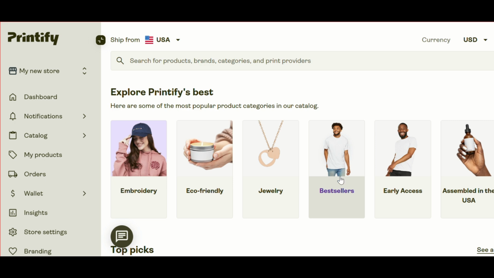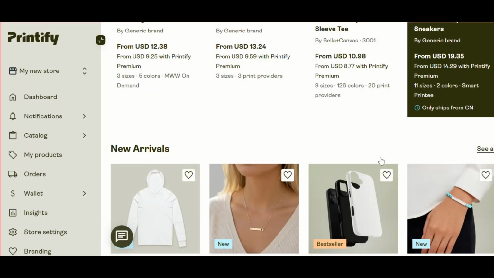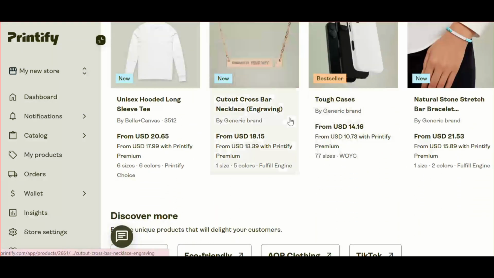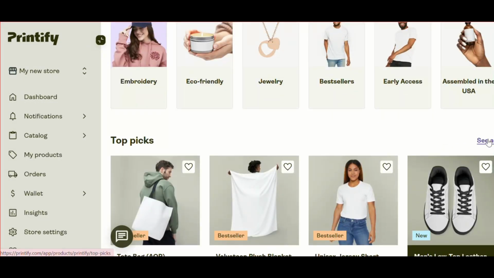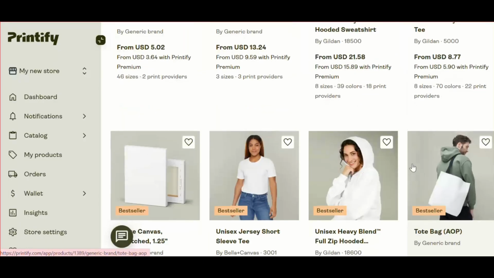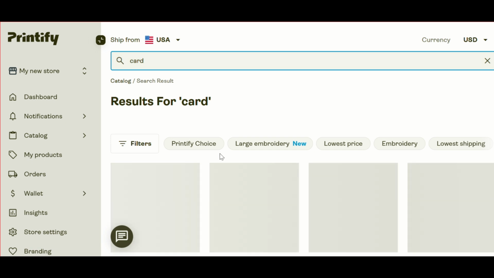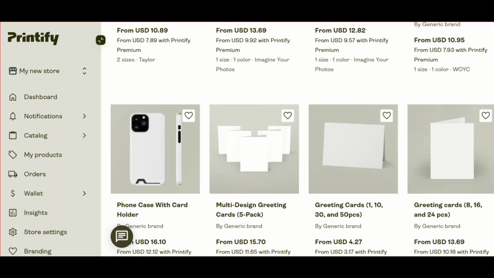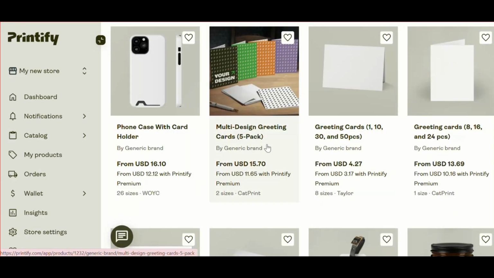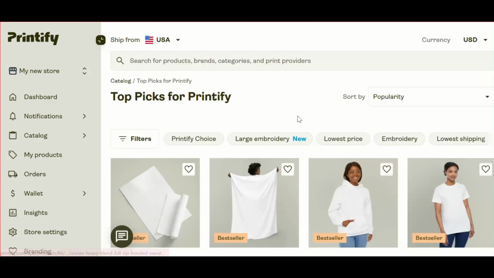I usually like to start with their best sellers just to get a few ideas, but you can go into their clothing, their accessories, home and living items. There is really so much you can get creative with here, and under each product you will notice the cost that Printify charges to create it. Now you don't actually pay this amount because it gets factored into the price of your product that your customer pays. But if you have the Printify Premium plan, you are able to keep your customers. If you prefer to just stick with their free plan, so I'm actually just going to go to the top